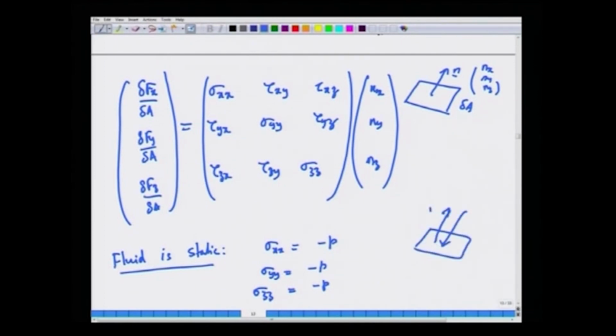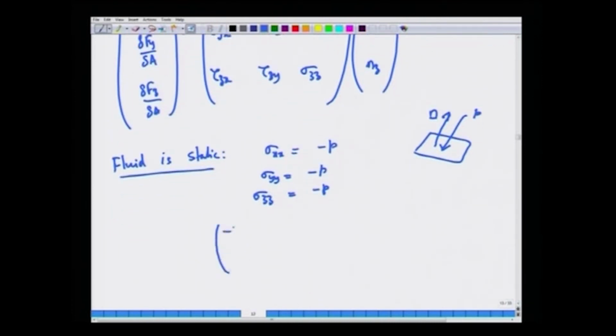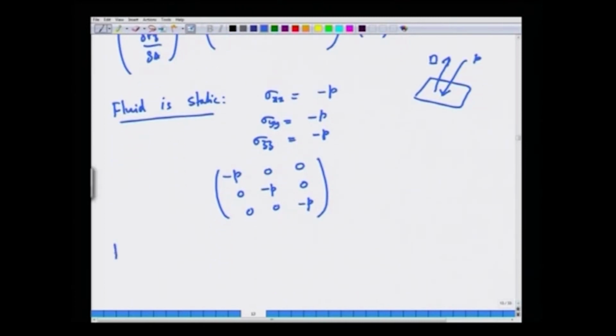So, pressure acts, as we have been telling several times, in the direction of minus n. So, you have minus p. So, in a static fluid, the state of stress is given by simply minus p 0 0, 0 minus p 0, 0 0 minus p. Okay. In a flowing fluid